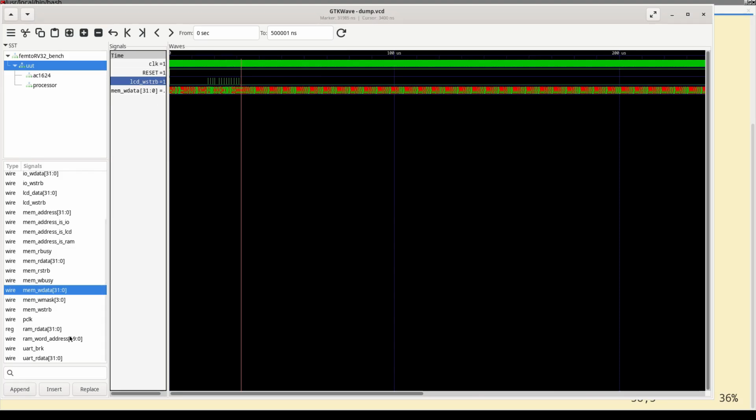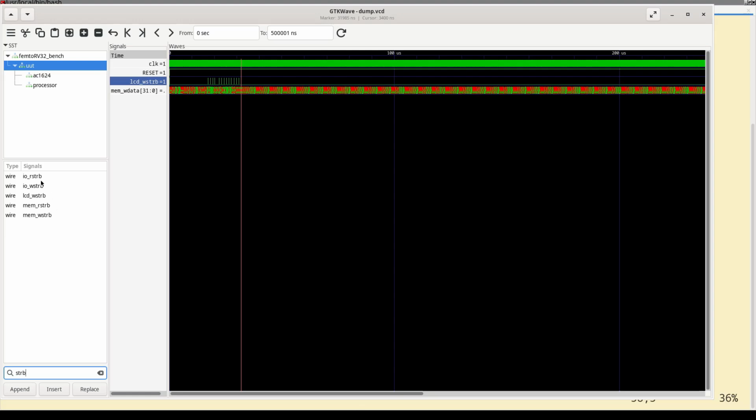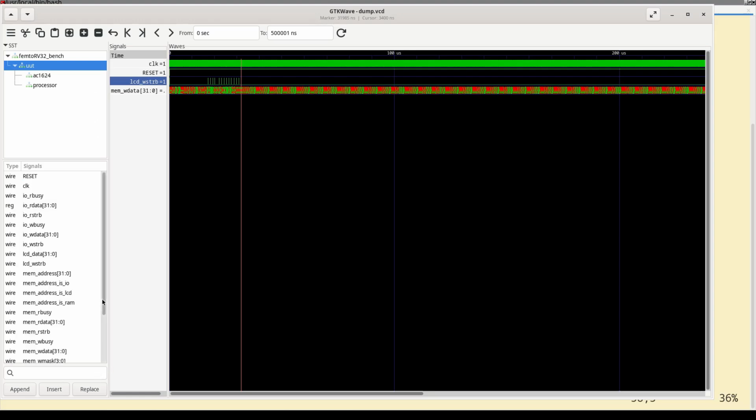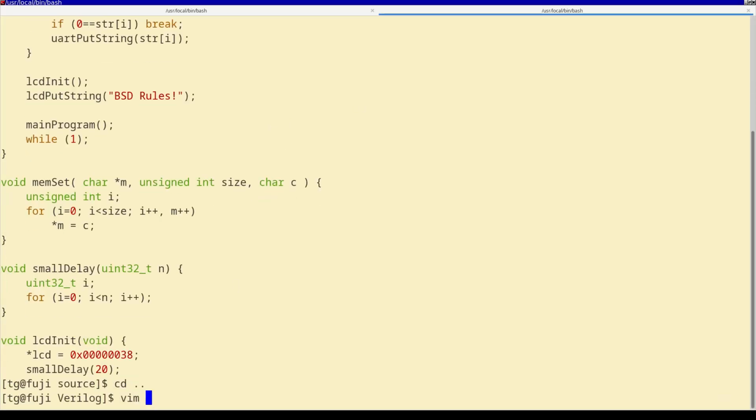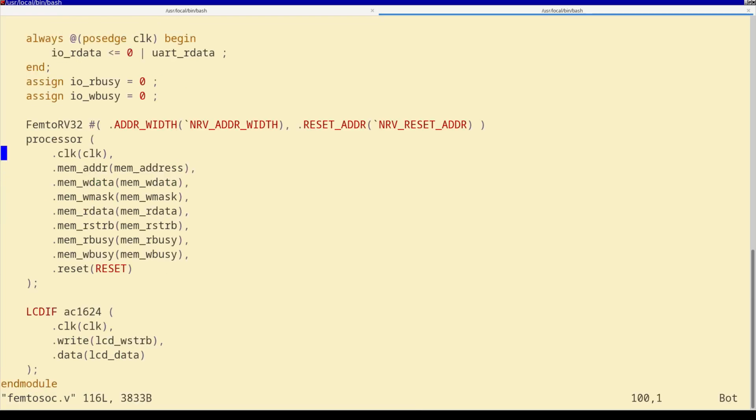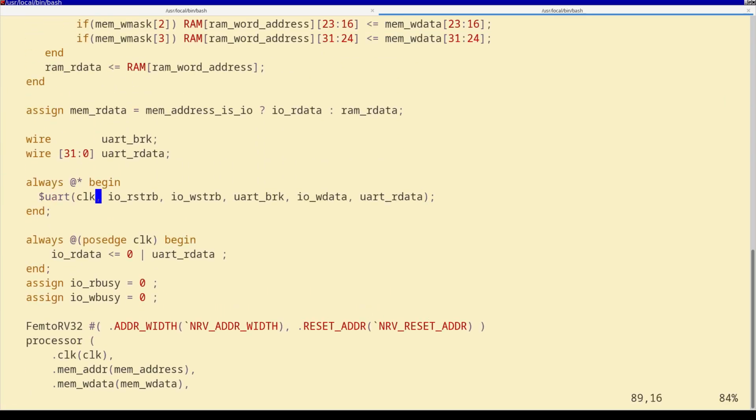All right, now let's see the UART. Can we get the UART here? So let's search for a strobe. That would be the read strobe. Actually, let's go for the write strobe. Or no, don't want to do that. Let's have a look at which line would you like to have. So we have the IO read, IO write,